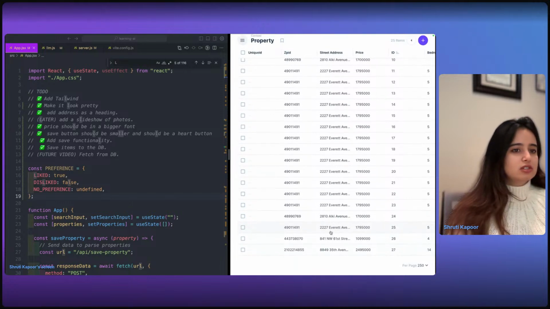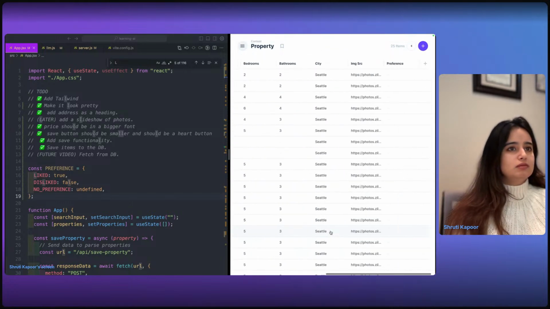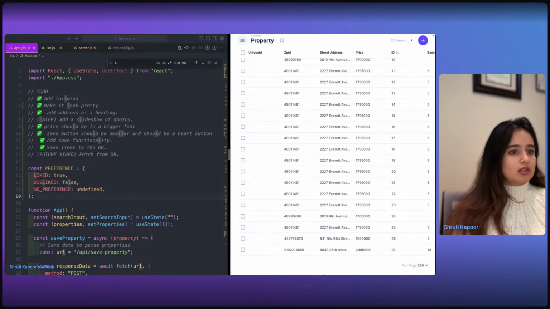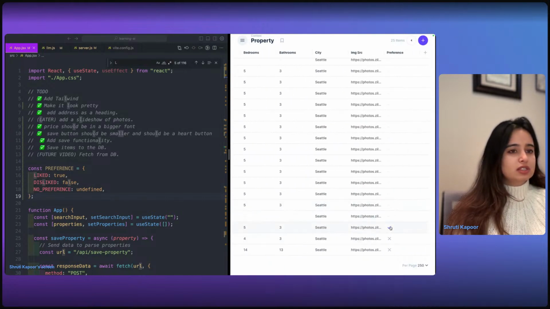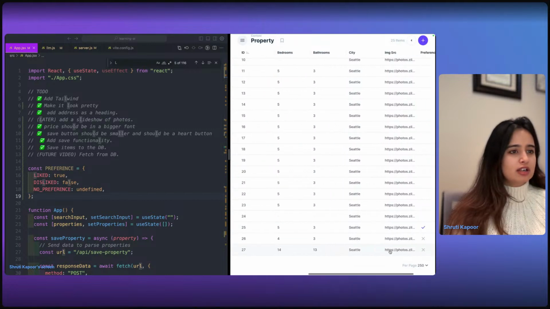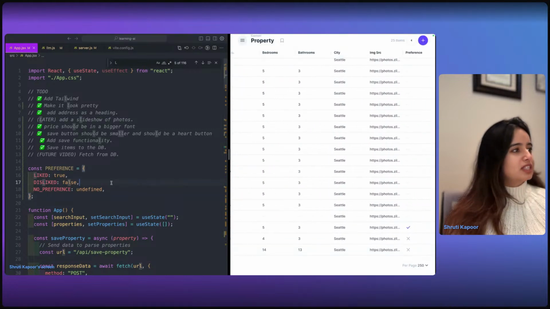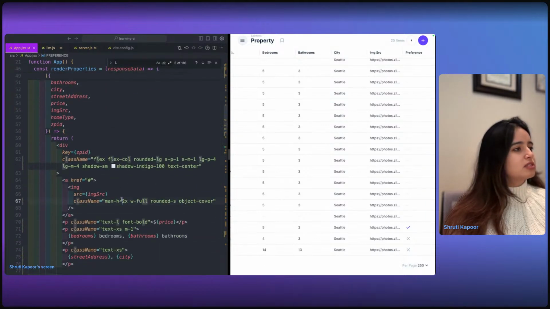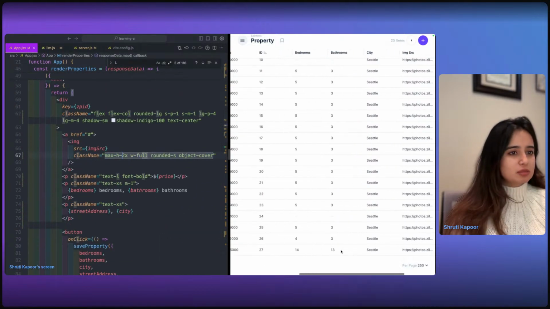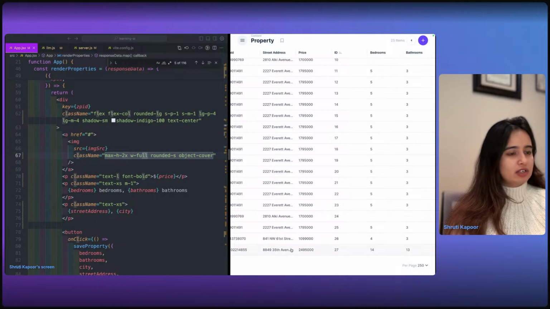Let's get 250 records. Where's my property? Oh, there it is. I think this is the one, because yesterday I left it at the dislike button. Anyways, I think this is the property that we added, 8849 35th Avenue.